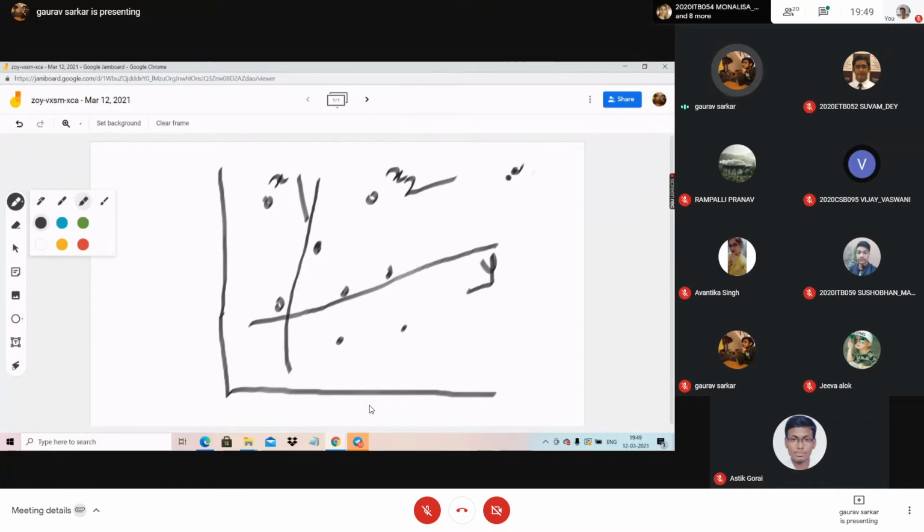Now somebody tell me, if my straight line is passing through these 3 points, and suppose this dot is the fare. Suppose in that column there was something called fare, and this dot represents that fare column. Suppose I don't include this fare in my training model, would that be a mistake? Will I be committing some mistake if I don't include the fare column in the training data set?